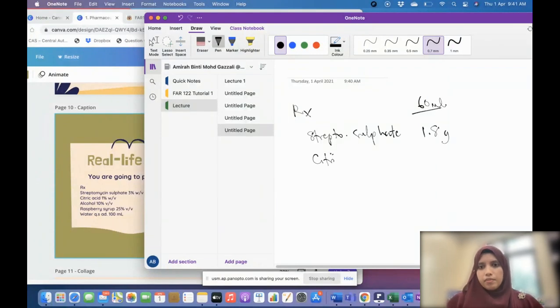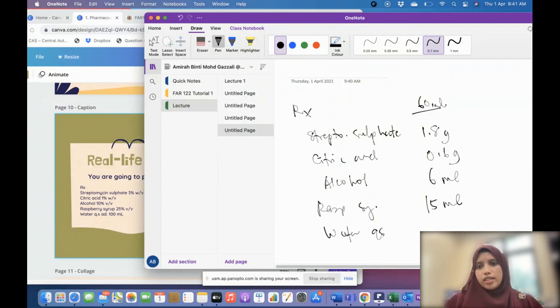Citric acid, it should be 0.6 gram. Alcohol, 6 ml. Raspberry syrup, 15 ml, and water QSAD 60 ml. So this formula has to be written in full, okay, so that any person or anyone that